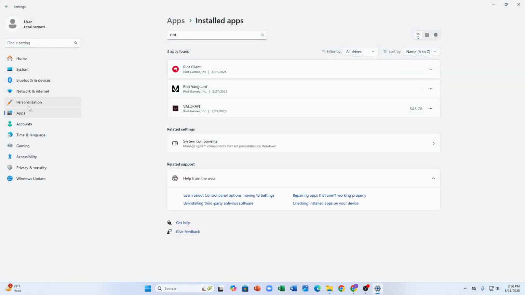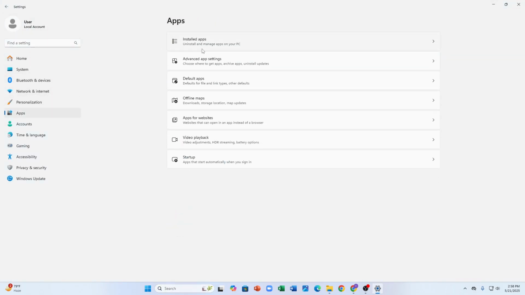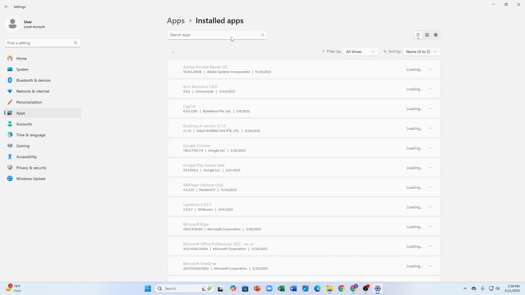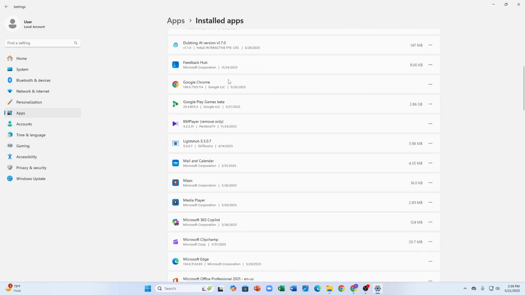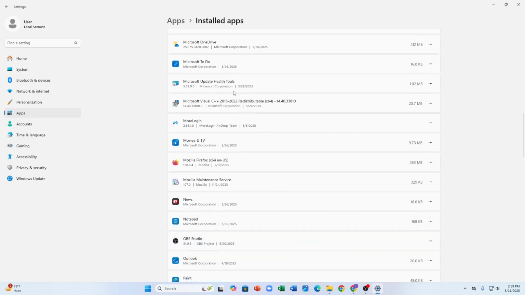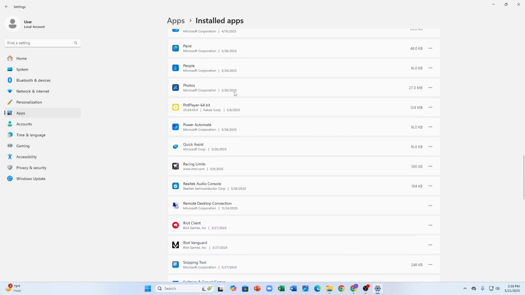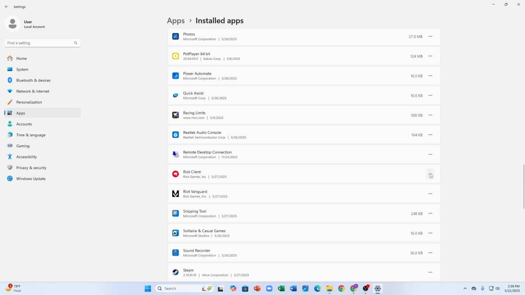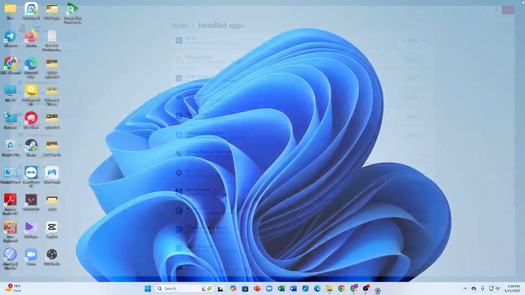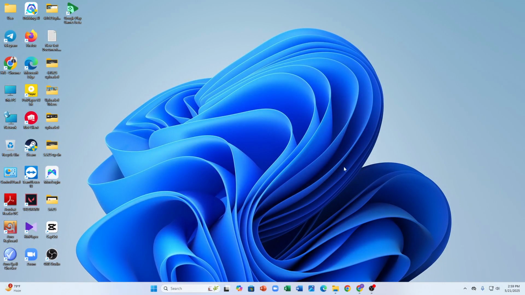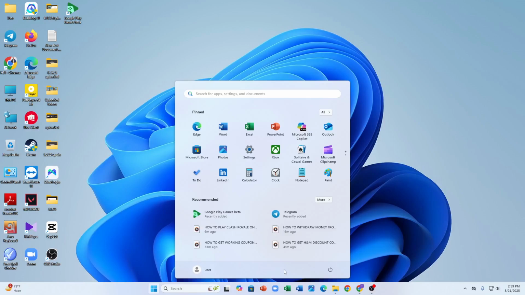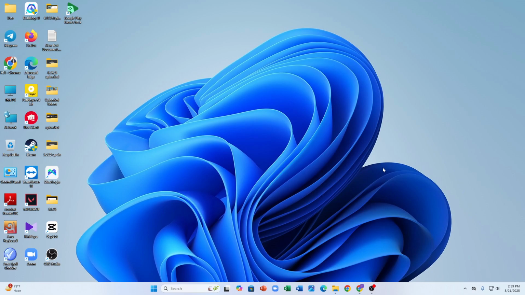We'll go to apps and on the installed apps option, and we'll just find the Riot client here, and you just have to uninstall it. After uninstalling it successfully, you just have to restart your PC, and then after opening your PC you have to just